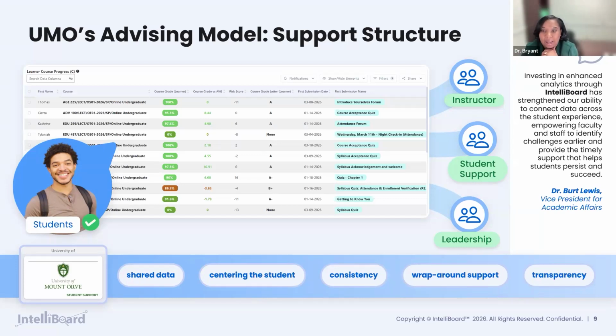Our online classes are 7.5 weeks, and attendance is often the first signal that something is going wrong, whether it's family, work, or just feelings of overwhelm. So our support coaches do consistent outreach. They begin to check attendance the earlier part of the week and contact the students utilizing the information within IntelliBoard. It's more of, I'm just checking on you, want to be sure you're okay, make sure all is going well. So we can do that quick outreach when something looks off.